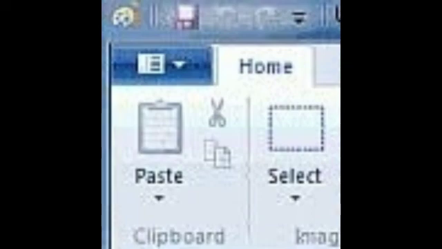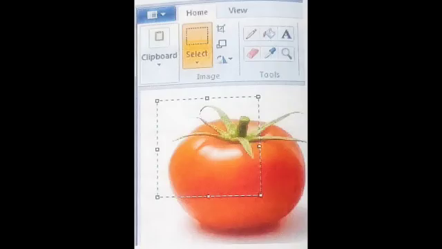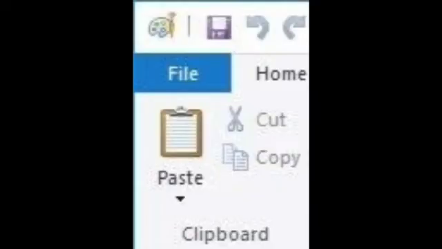Next, you have to follow some steps for using the clipboard menu. First, select the part of an image you want to cut or copy. Then click on the Home tab. In that, click on the cut option or copy option in the clipboard group, whichever you want. Select paste in the clipboard group.